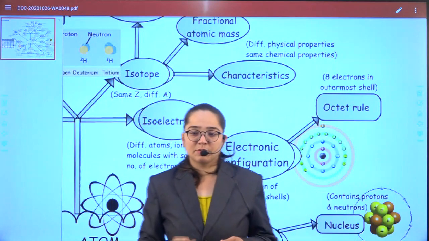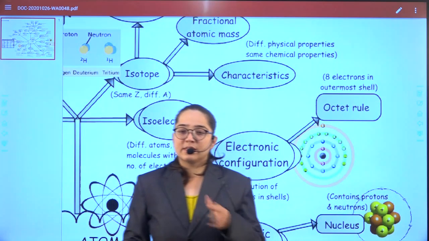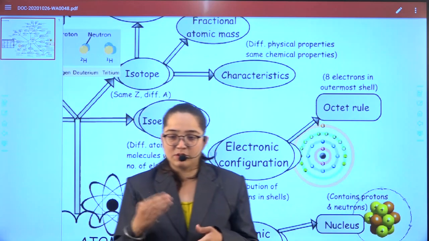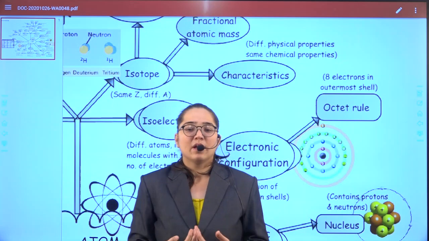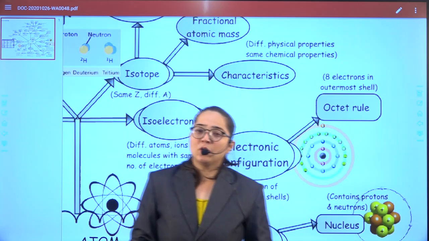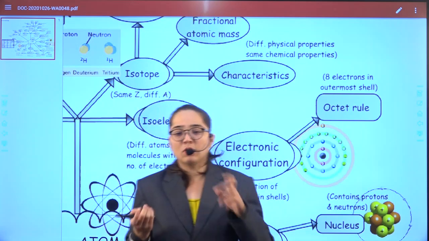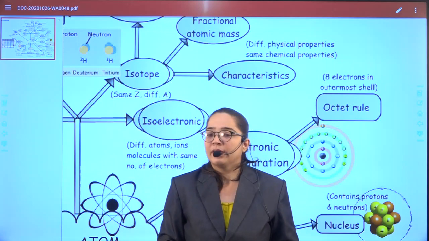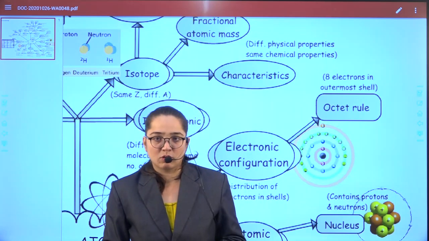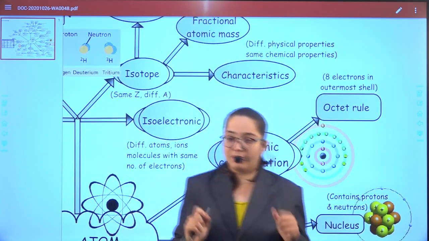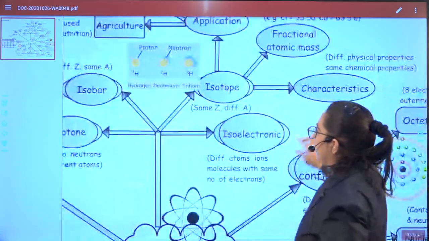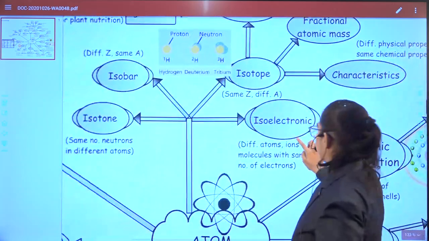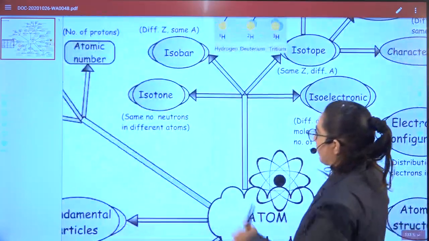If we talk about the distribution of electrons, then this is how they are distributed. First orbit there are 2, then 8, and then further it is increasing. Important here is the octet rule, that is outermost orbit should have 8 electrons. If the second orbit is having 8 electrons, then you can say that it is completely filled. The next particular thing regarding the atom over here.